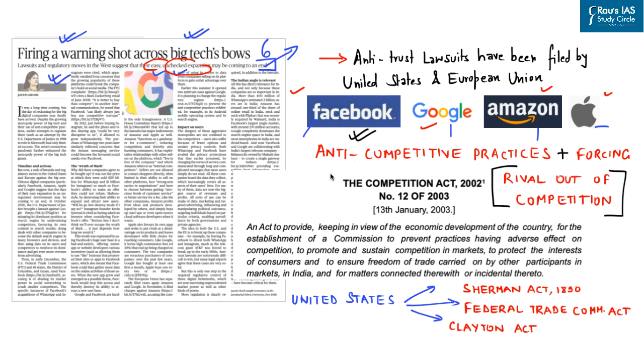Now, in this regard, you should know that the Government of India has enacted the Competition Act 2002 in order to regulate such anti-competitive practices, whereas the United States of America has three laws, namely the Sherman Act of 1890, the Federal Trade Commission Act, as well as the Clayton Act. So the purpose of the legislation enacted by both the Government of India as well as the United States is primarily to prohibit such anti-competitive practices which eventually force the rival companies out of the market as they can no longer compete